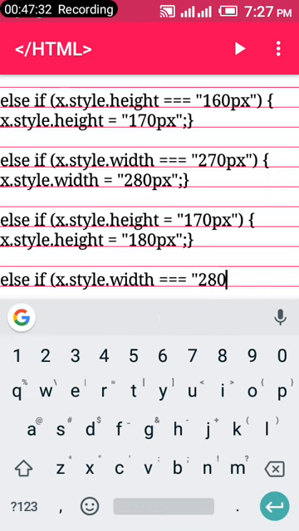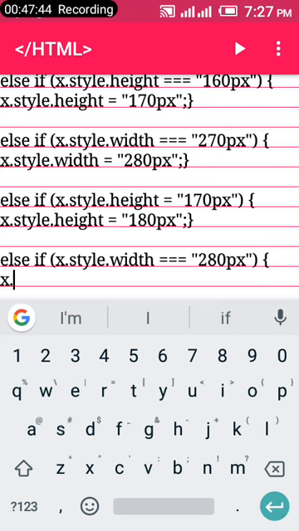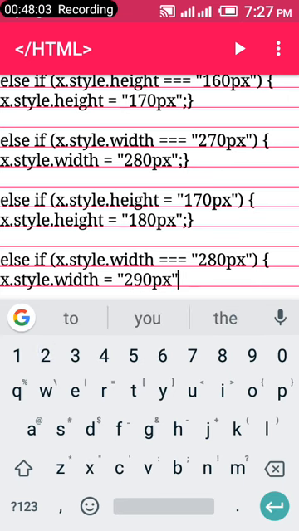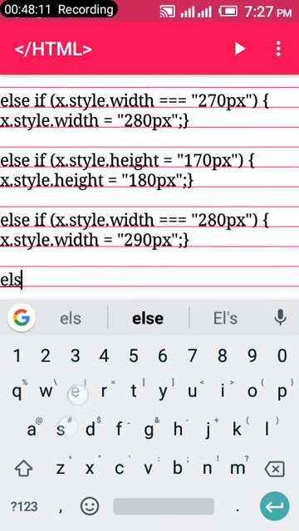So you go 280 px, you close the quote, close the bracket, give space, put your wavy bracket to the next line, x.style.width should be 290, which is 290 px. You close the quote, close the wavy bracket to the next line, else if